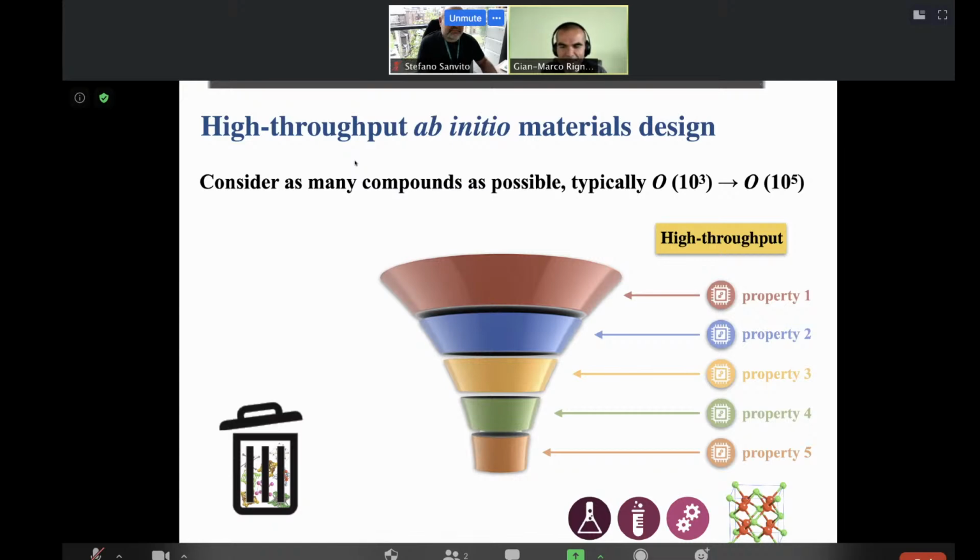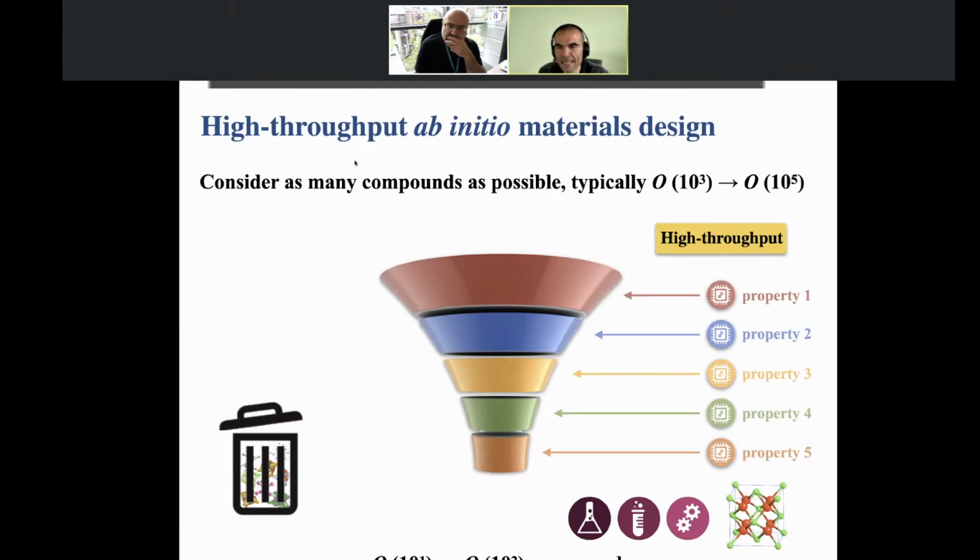Okay. So I was saying that the part in which we handle all those materials and we compute their property with so many materials, that's the realm of high throughput. And so there's been a lot of effort in this framework to allow for calculation of very different properties using a high throughput automatic approach. And I won't speak about that today. Now, the second thing is that everything that's in the dumpster here is not lost because we can create databases with the materials for which we've computed the properties, and that can then be used to do machine learning, as I will show later on.